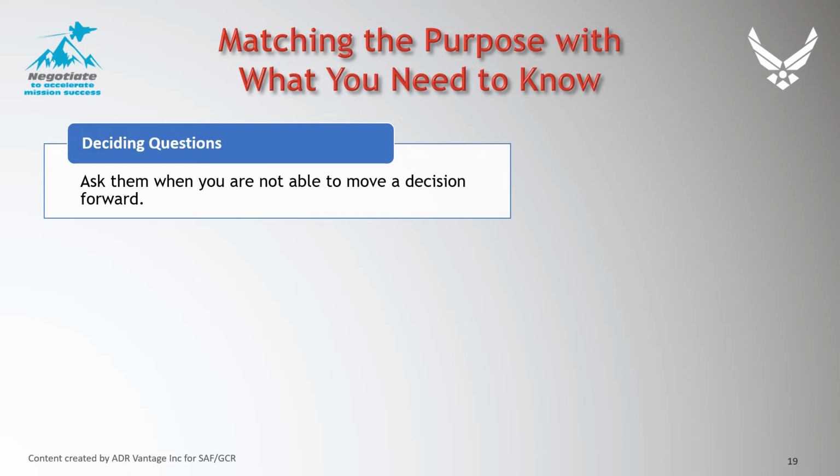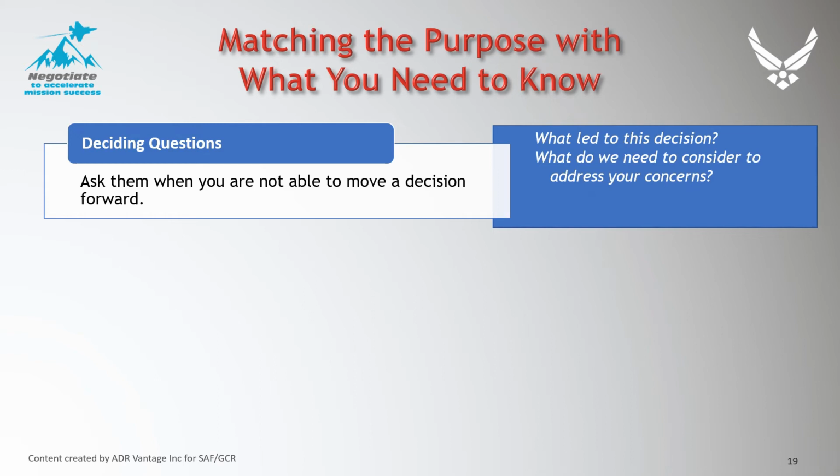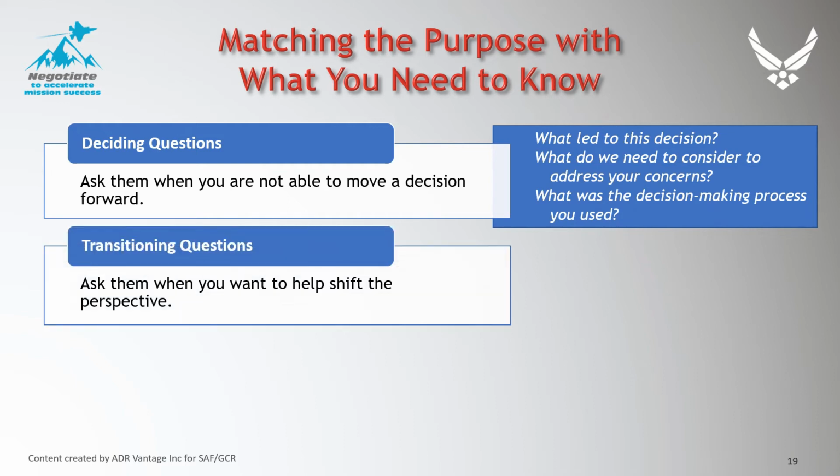We ask them when we're not able to move a decision forward. For example, what led to this decision? What do we need to consider to address your concerns? Or what was the decision-making process you used? The 5th type are transition questions, and these lead us to a deeper understanding about what may be below the